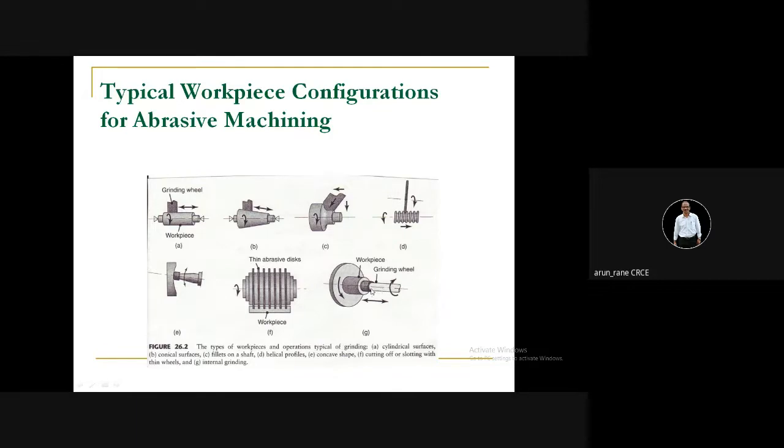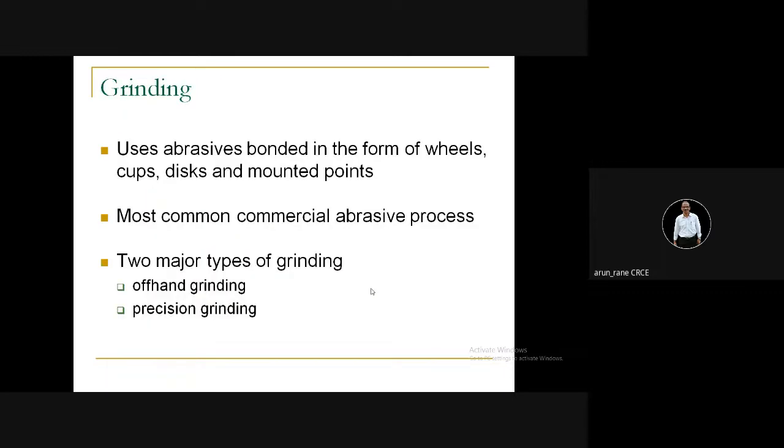So nothing is visible. We cannot see what is happening. Plus there are limitations for the chip flow. The chip has to come out easily. The coolant also has to pass inside properly, and we can't see anything. So internal grinding is always difficult, and that's why in the whole shaft basis system, we always keep the hole size fixed and alter the shaft size, because it is easy to produce the shaft, but difficult to alter the hole size easily.